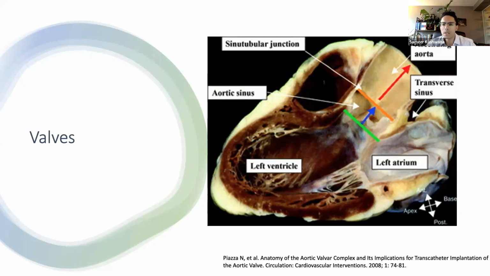And then you can get valvular issues because of direct leaflet injury to either the aortic or the mitral valve, as well as through disruption of the mitral annulus, rupture of the chordae tendineae, papillary muscle rupture, either through direct injury or from ischemia. And similarly for aortic insufficiency, you can get it because of direct injury to the valve or because of dissection into the aortic root.